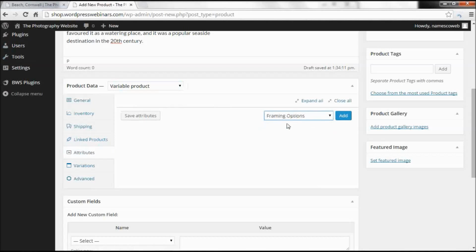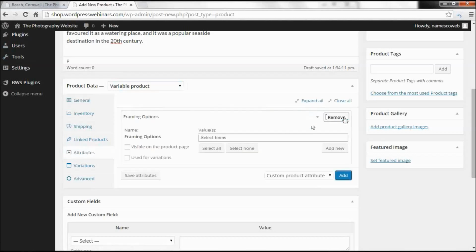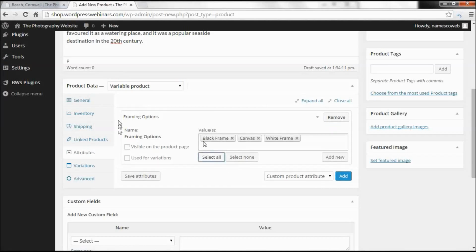Choose framing options from the drop-down list and click on Add. The framing options dialog box appears, at which point, if you click on Select All of those attributes or variations, that's what they will now be, they get pulled into the dialog box here. And we want to make sure that we've checked the Use for Variations tick box here. Click Save Attributes at the bottom